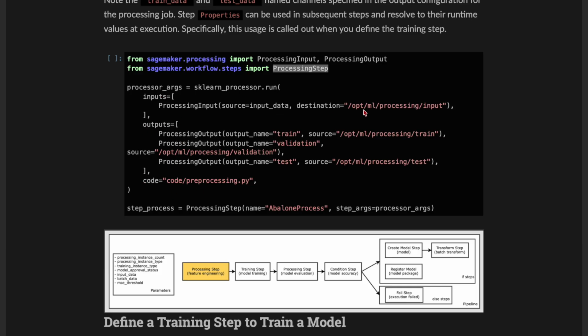In the input, we are passing the input folder, and in the train we are passing the train folder. In the validation we are passing the validation folder, and in the test we are passing the test folder. And this is the code,